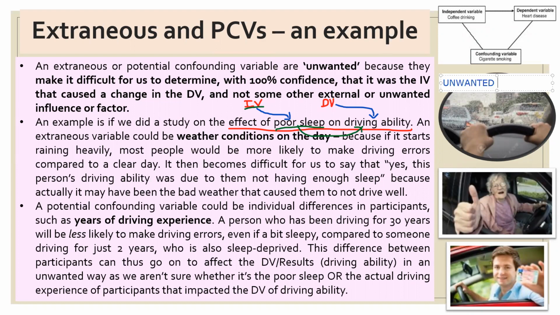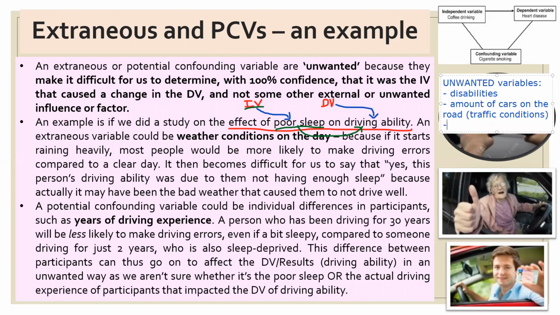So what are some other unwanted variables there, or unwanted factors? Could be an extraneous one, could be a potential confounding one. Yeah, whether a person has a disability, correct. We know that people with certain disabilities or medical conditions can't really drive as well, or they have joint pains that stop them from driving as quickly. The amount of cars on the road. You could even say traffic conditions. Okay, people generally tend to drive worse in high traffic conditions. Whether a person is intoxicated